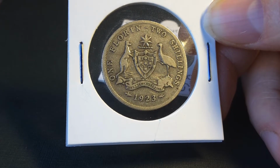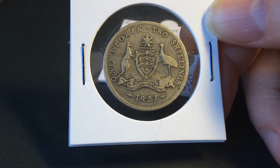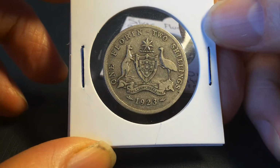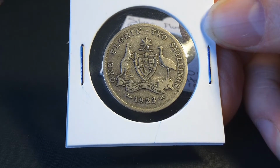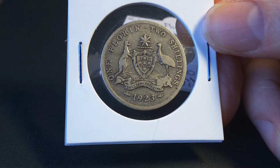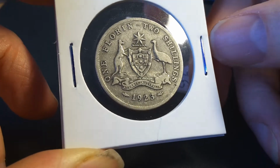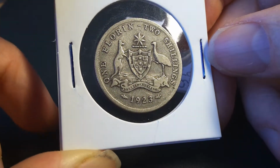If you want an uncirculated, book value has $3,250, so about $1,000 for an uncirculated one. So they do get expensive, and the 1922 for uncirculated is probably about $1,500. So that might be a mistake in the Renniks catalog, because mintage should actually determine the value of these florins,